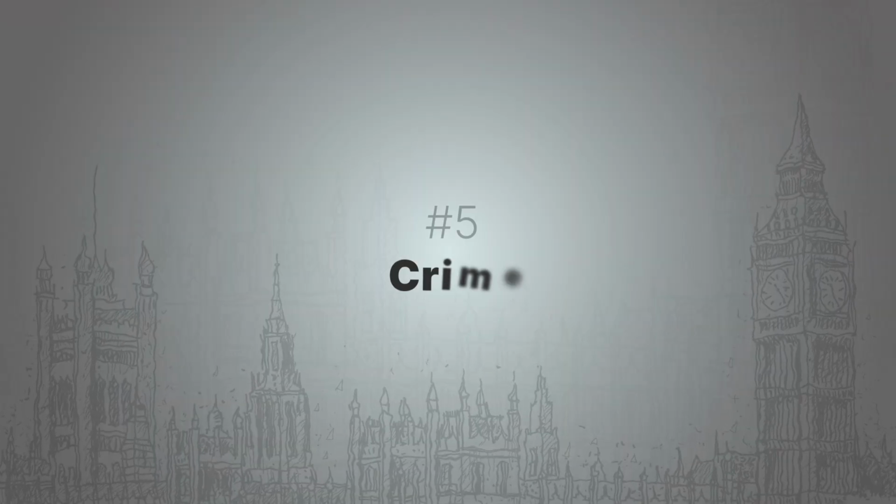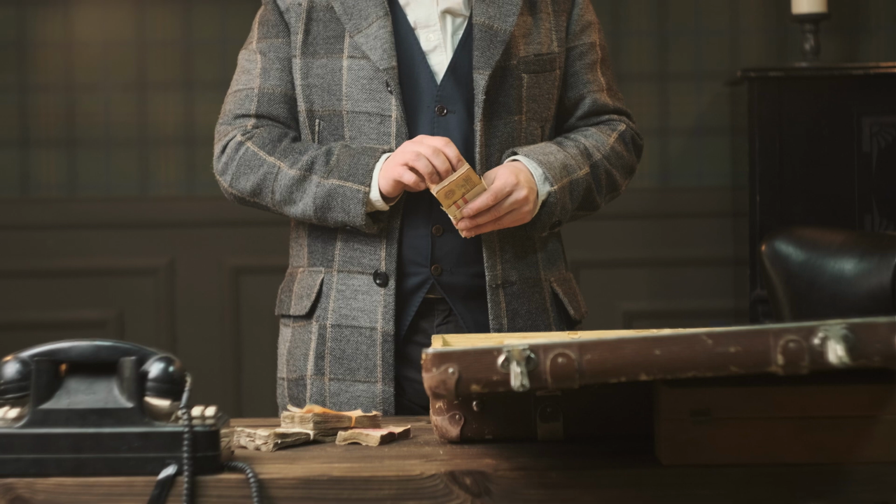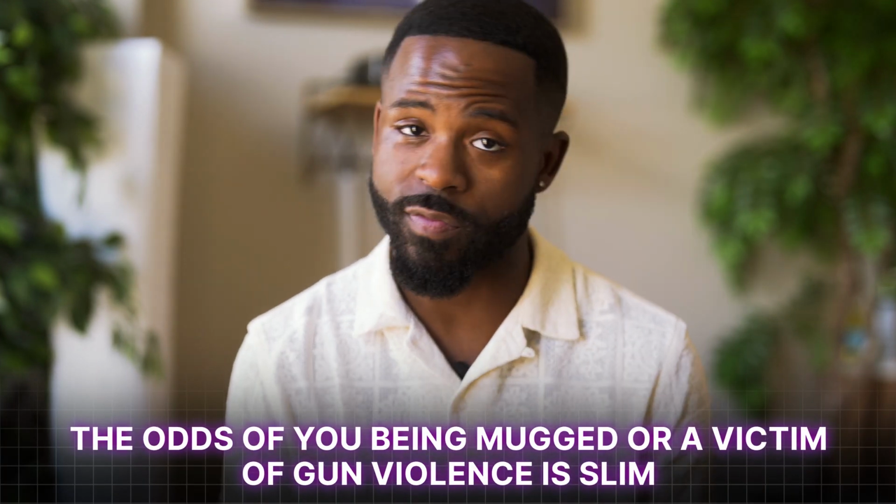Now, number five is crime. And I'm sure you're wondering. Every big city has its fair share of dodgy characters, and London is no exception. But don't worry, most crime involves pickpocketing and purse snatchings. If you come from the US, guns are people's biggest worry. And in London, you can walk the streets knowing the odds of you being mugged or a victim of gun